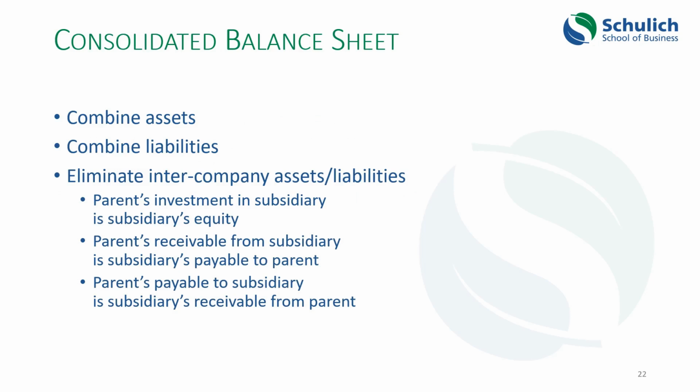What does the consolidated balance sheet look like? Well, you combine all of the assets of the two companies, or the parent company and all its controlled subsidiaries. You combine all of those together, and that shows as the assets of the company. You combine all of the liabilities, because of course, when you own another company, you also own its liabilities. And then you have to eliminate any assets where one company owns the assets or the liabilities of the other. So for instance, if one company owes money to another, then that amount that is owed would be an asset to one company and a liability to the other. Well, we just eliminate that from the combined balance sheet because those things will cancel each other out.